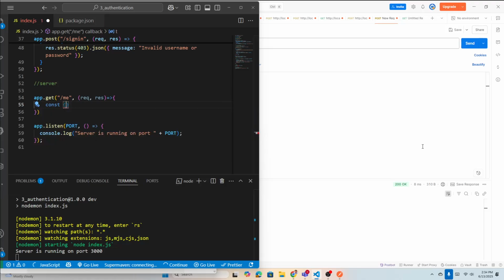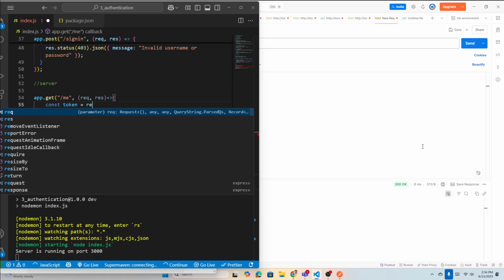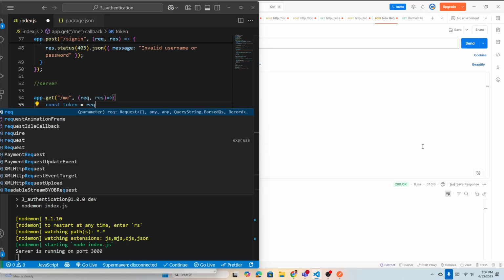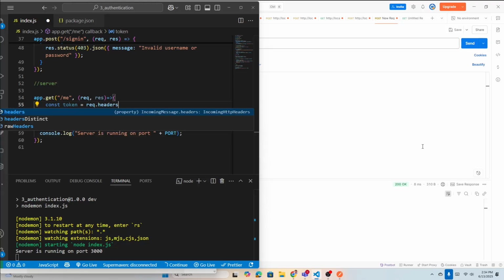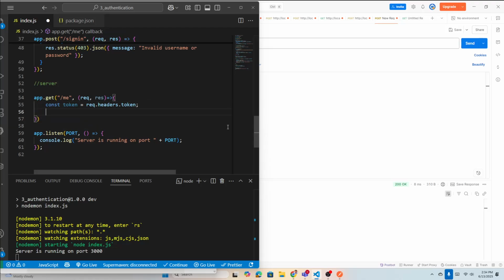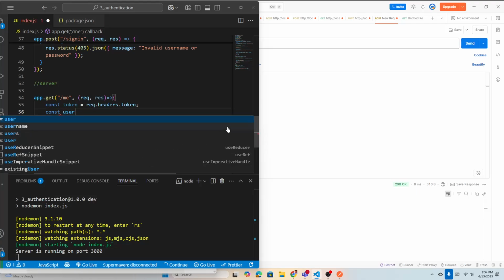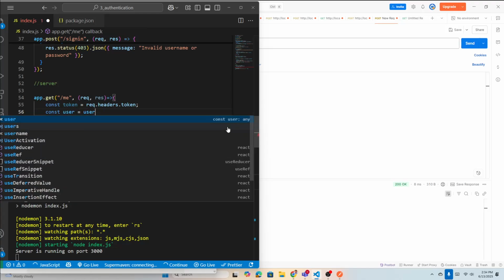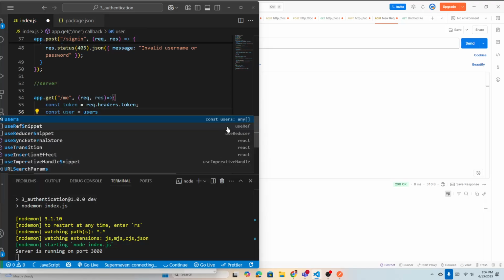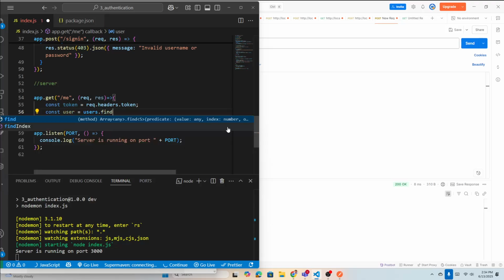So we can call it maybe, or let's call it token equal to, right? How can you get the token? You have to pass that token in the headers, and call it maybe anything. You can call it like this, token. Yeah. And the next will be, you again do the same thing, right? Check user, okay. How are you gonna verify this token, right? Inside this array, find